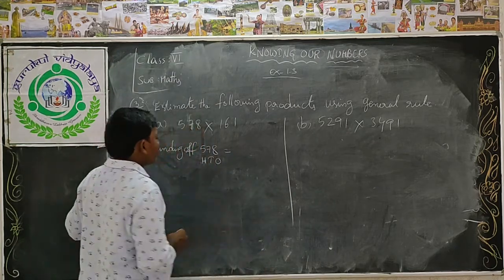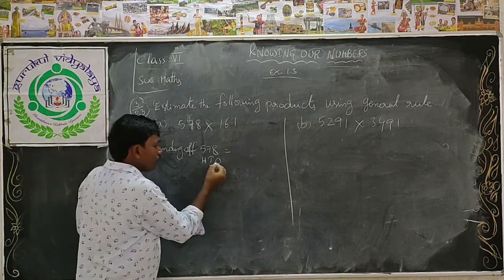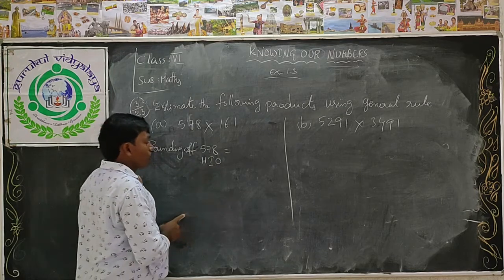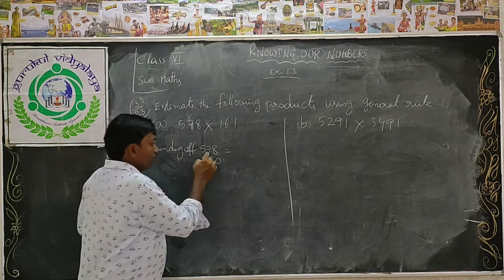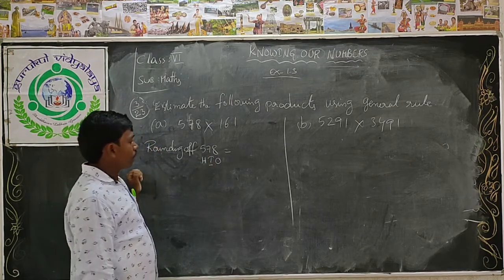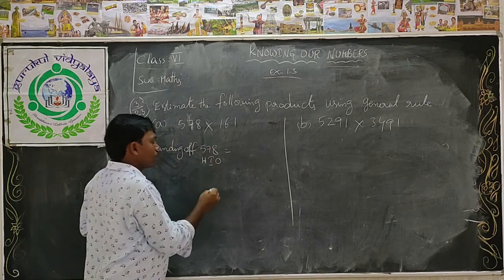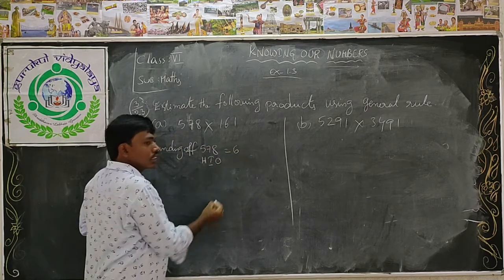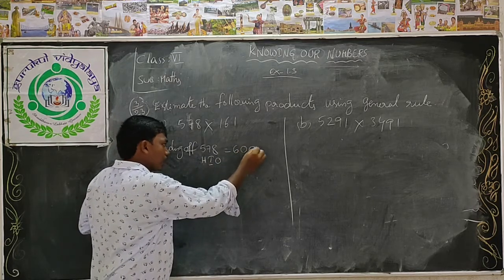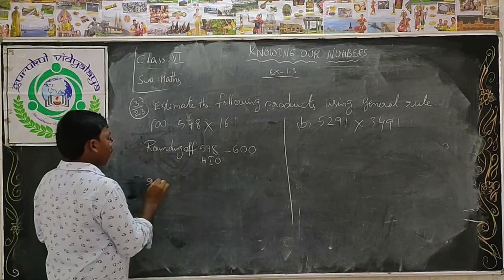Okay, children. See, rounding off to the hundreds place. So find the tens place value. What is the tens place value here? 7 is the tens place value. So is 7 less than 5 or more than 5? Yes, more than 5. So more than 5 means we can add 1 to the hundreds place value. 5 plus 1, 6. The remaining tens place will be 0 and ones place will be 0. Okay, na? Next, rounding off